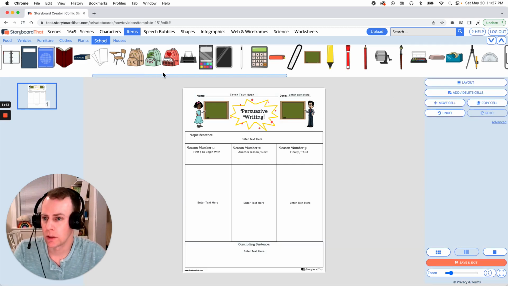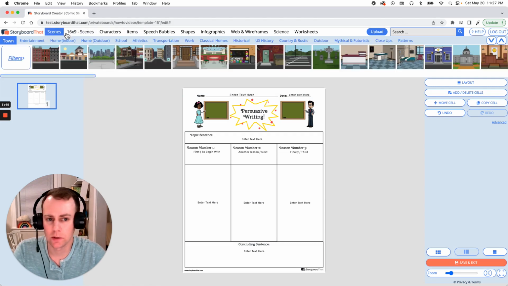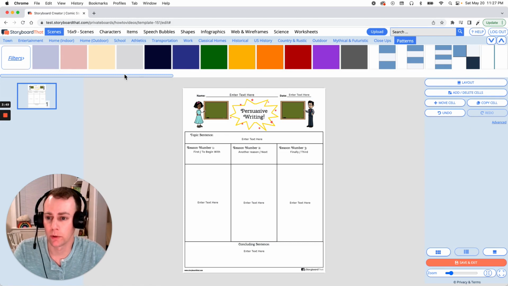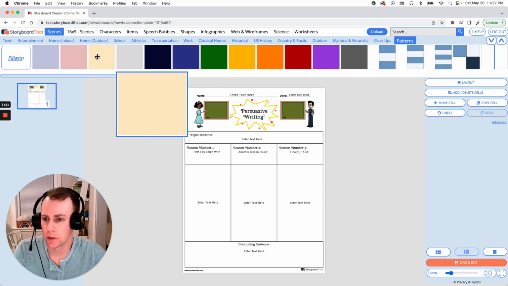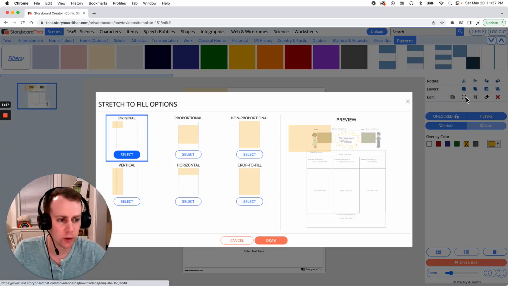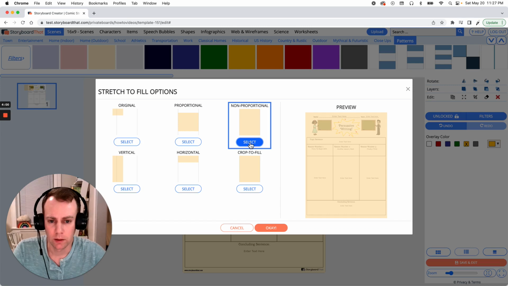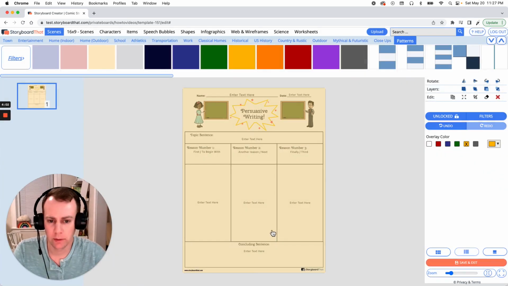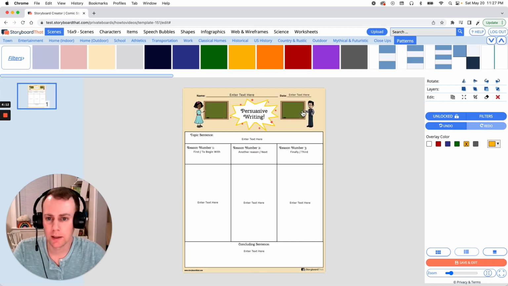And let's go into our scenes. Now I'm going to put in a simple color and then put in a new border. So let's just take this nice yellow, drag and drop. And if we go into right hand menu, we can go to stretch to fill. There we go. Click OK. That way we don't have to manually stretch in the scene, and this way it will fit in nice and perfect. Alright, now that we have our scene in place, send it to the back,